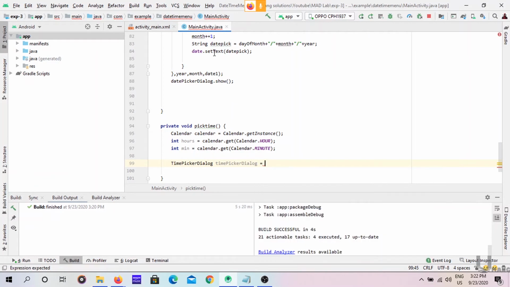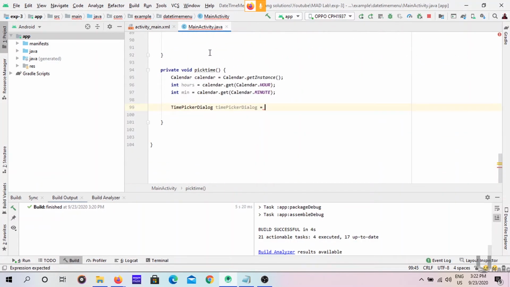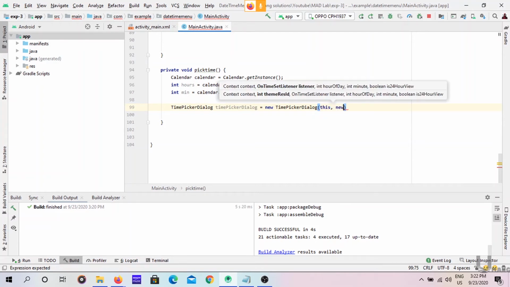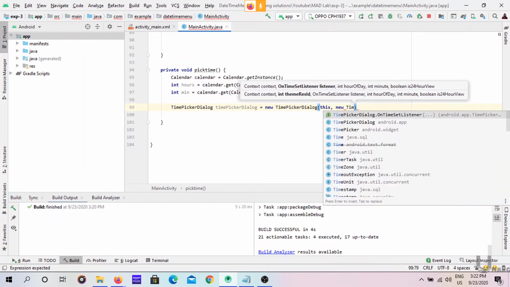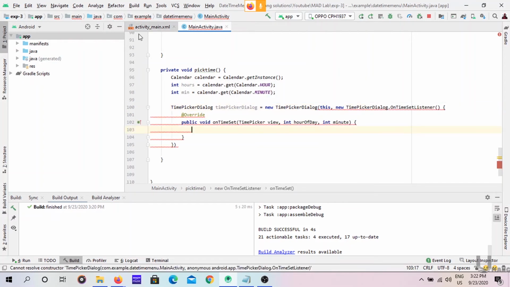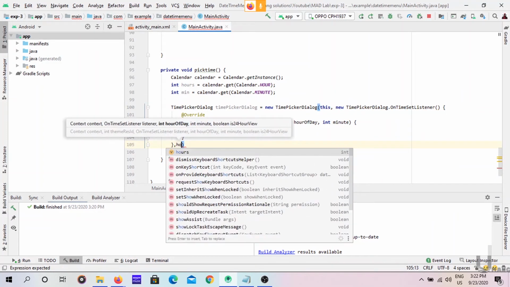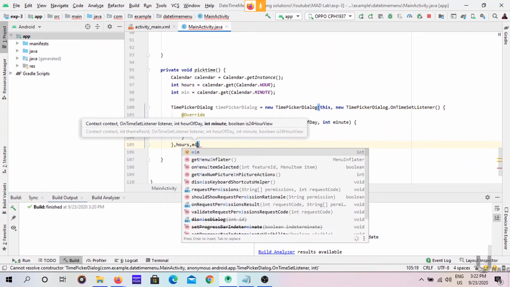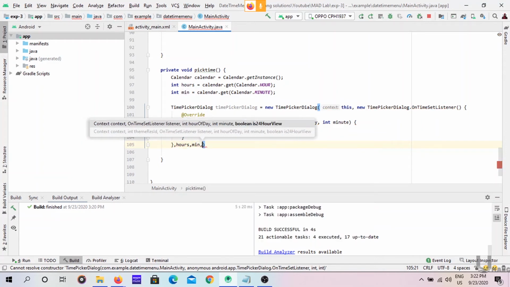Equal to the same implementation, new time picker dialog. For this we have to give 5 attributes. First is the context, second one is the listener, new time on time listener, and the fourth one is hours, fifth one is minutes, and the last one is true or false.